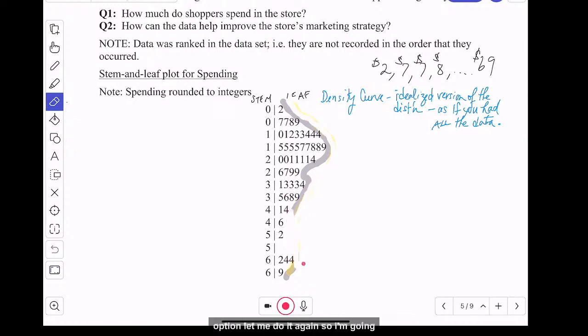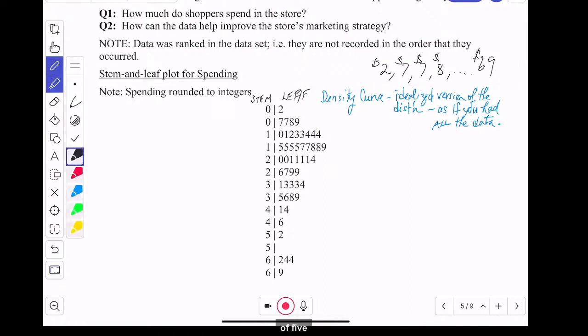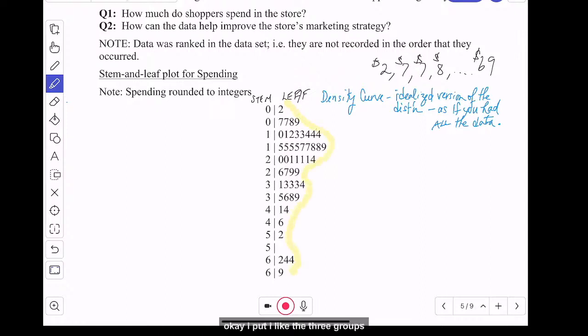Let me do it again. So I'm going to fix this and just pick the gray one with the 3 groups in it. Now I've divided the data in equal intervals of 5. Okay, I like the 3 groups. So these are equal intervals, and